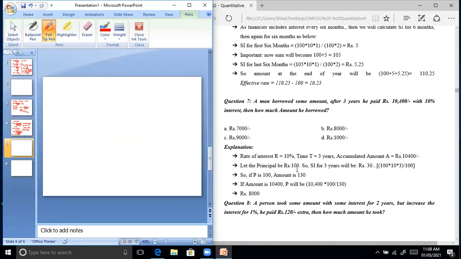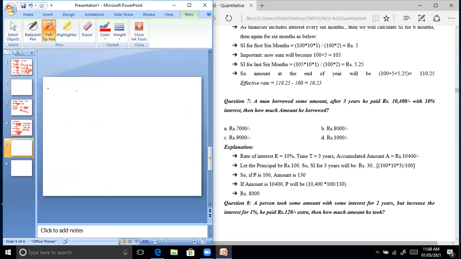So here, question 7: a man borrowed some amount. After 3 years, he paid 10,400 with 10% interest. Then how much amount did he borrow? The options are given as 7,000, 8,000, 9,000 and 1,000. So here we will calculate the